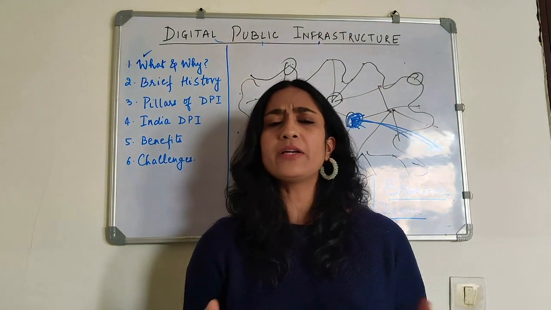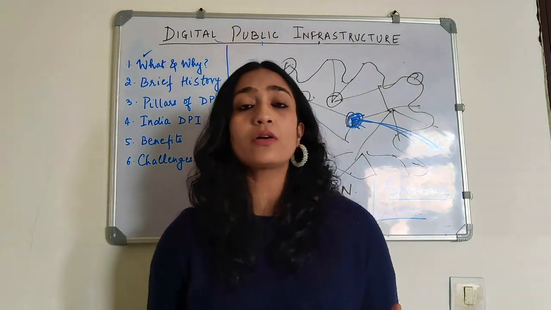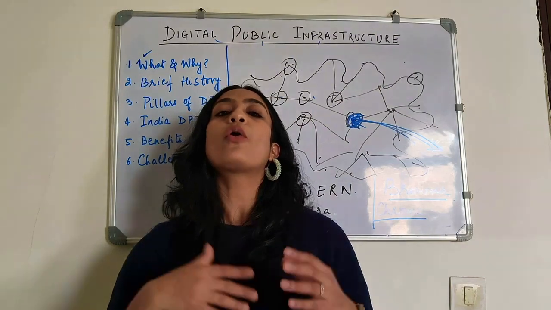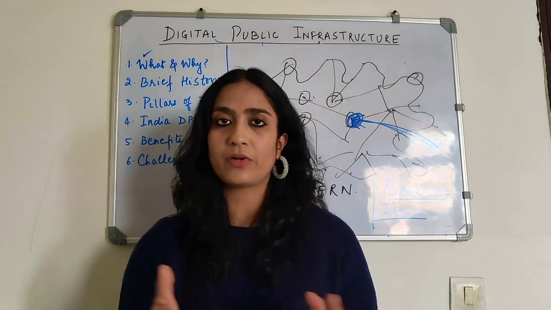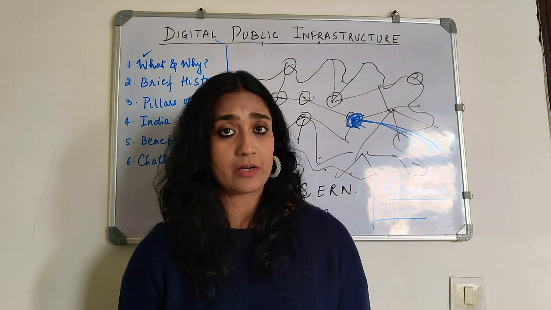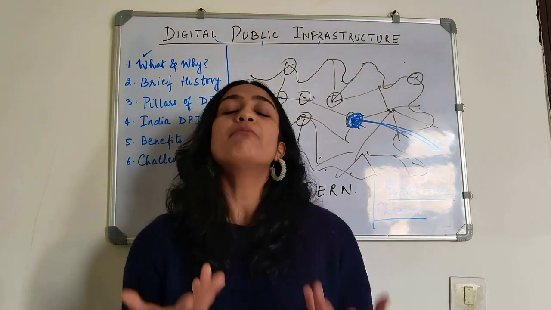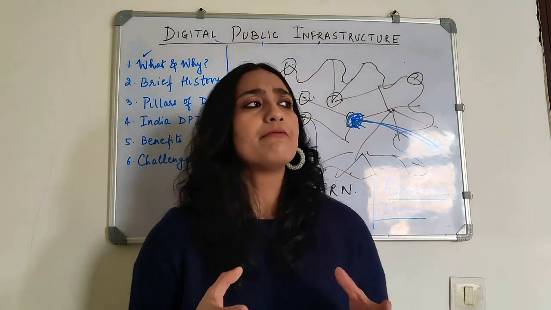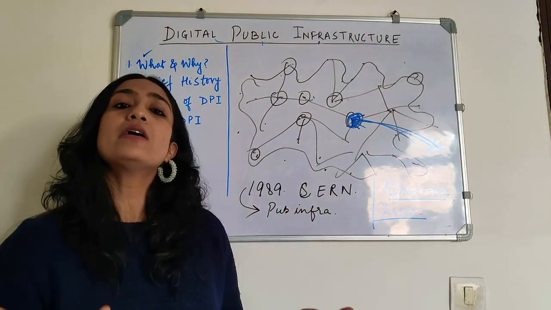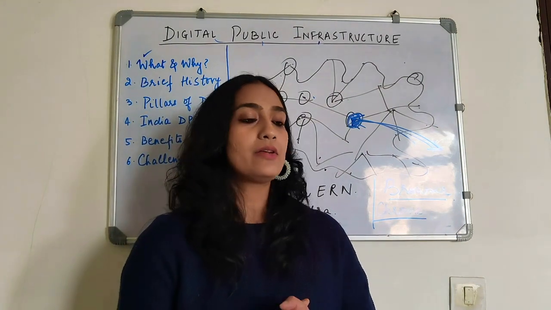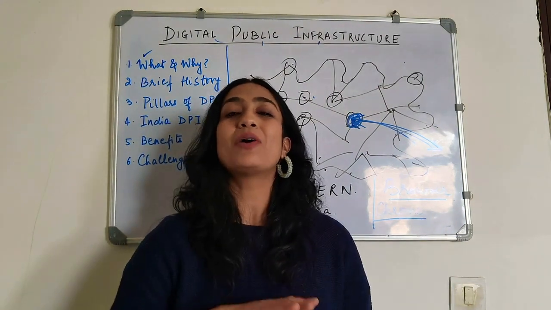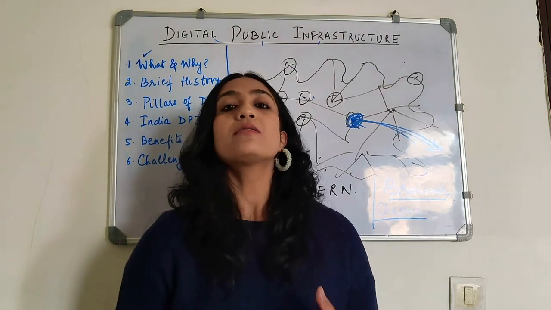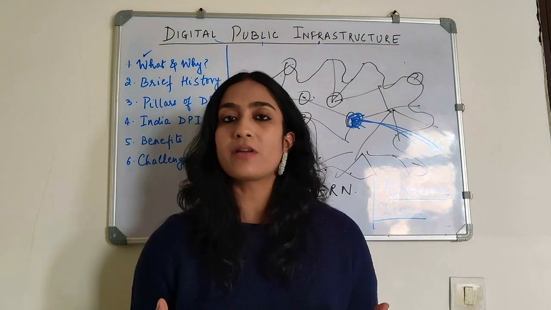So think about it now. Not since yesterday or not since a couple of years. Payments were made digitally for a long time. So payments could now be made electronically. Records were being stored electronically. Even governments were storing their data electronically. So given this, with this basic DPI, with increased utility and increased applications and increased permeability of the digital goods, of course, more and more digital infrastructure is required.